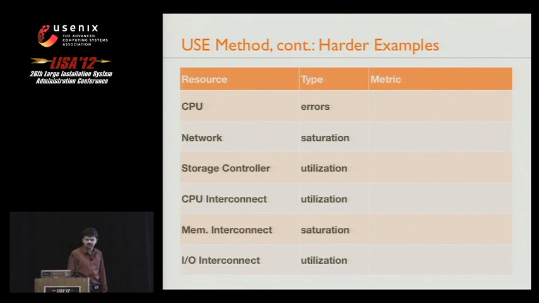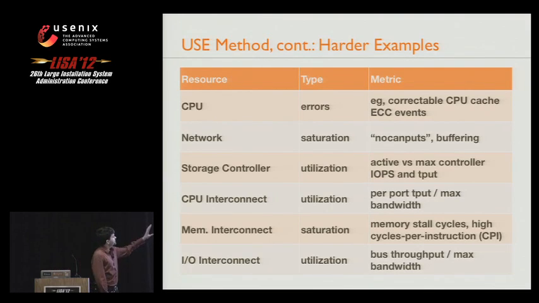For some harder examples, CPU errors. How do you currently check for CPU errors? What about network saturation, when you've actually sent too much network to the interface, or it's trying to receive too much? Storage controller utilization, for the controller itself, that's a component. CPU interconnect utilization. As an example of a CPU error, a correctable CPU cache ECC event, error correcting code,